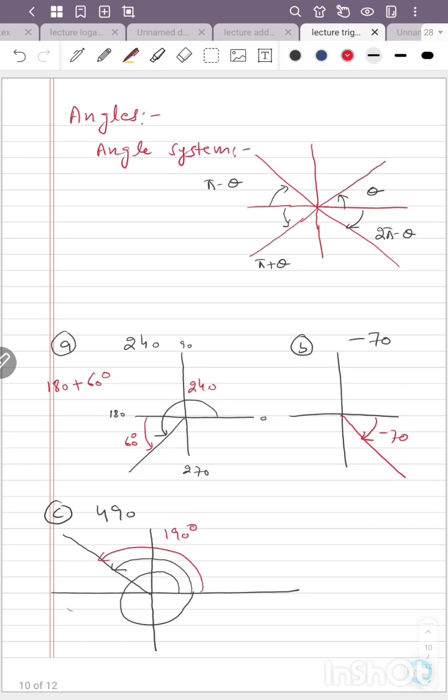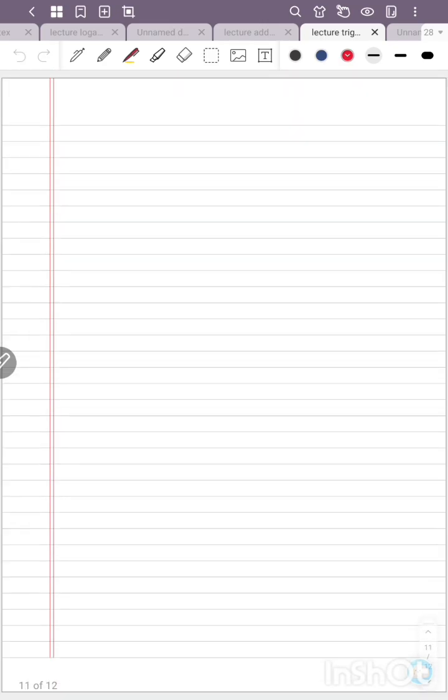Now some standard rules of trigonometry we have to discuss. What's the standard rule? Here I am writing the standard rule of trigonometry. Here, if theta is in the first quadrant it is alpha, and in the second quadrant theta is 180 minus alpha, and third quadrant